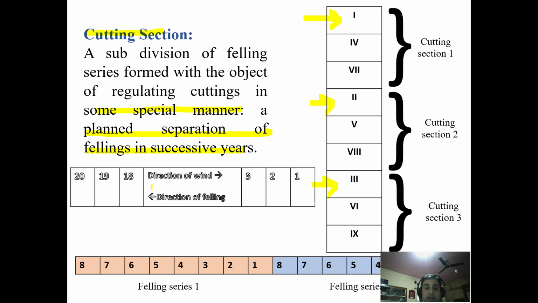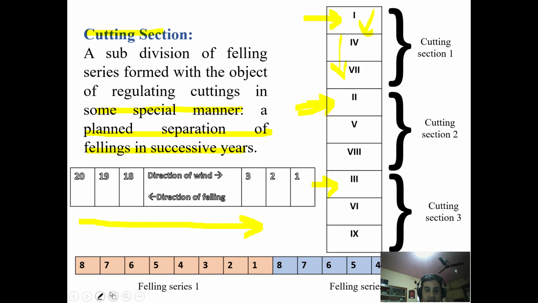Because sometimes the general direction of wind in an area may be from this direction to this direction. So if we fell this coop and a fire is there, there's every chance that the whole of the forest may get destroyed. Now if we create a gap in the second year, we don't fell this one, we fell this coop, giving a gap. If the fire is here, there is a chance that only two coops will be damaged, because there will be a fire gap created, because we chose the annual coops in different locations, not in a normal progression as we did earlier.